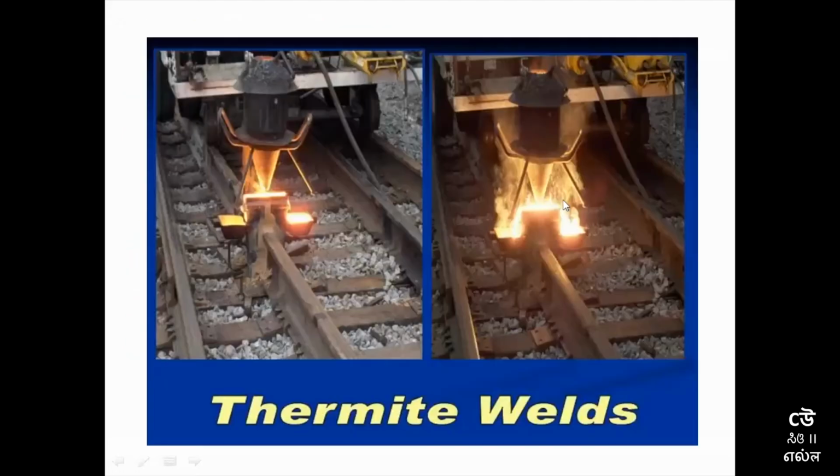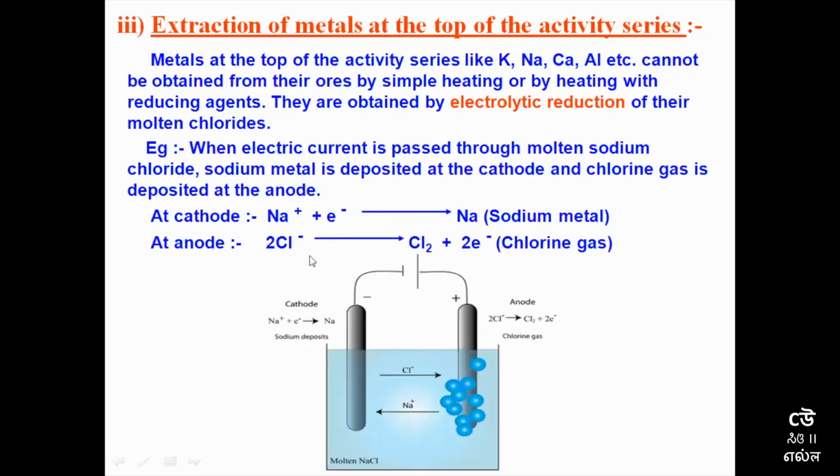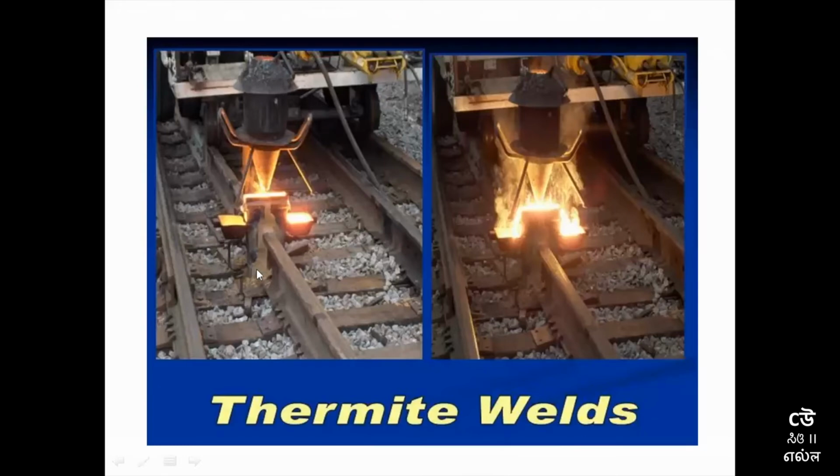exothermic reaction. So this is a picture showing how we can use the reaction of iron oxide with aluminium so that we could join railway tracks, because that reaction once again will lead to the formation of aluminium oxide and iron metal, and at the same time this reaction is exothermic by nature so it will be releasing a tremendous amount of